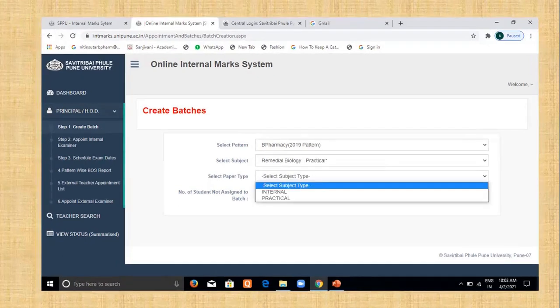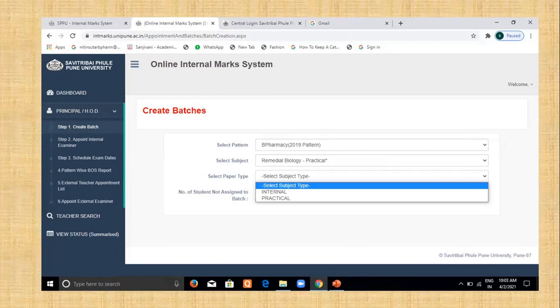Now the second one. For example, the second subject is Remedial Biology Practical. In this case, this is for our practicals. Here, for example, I have taken another example, the 2019 pattern. The subject is Remedial Biology Practical.